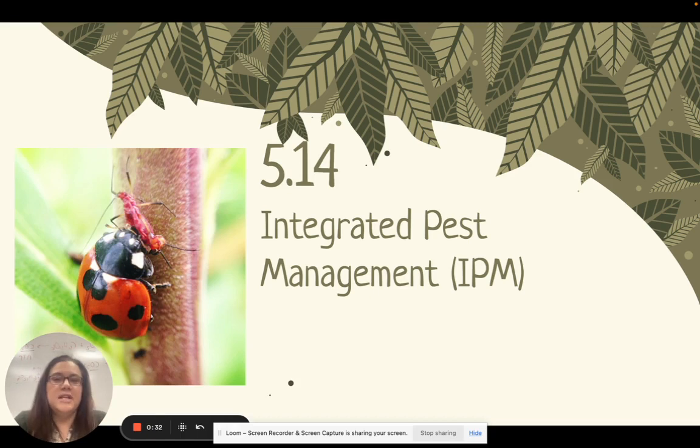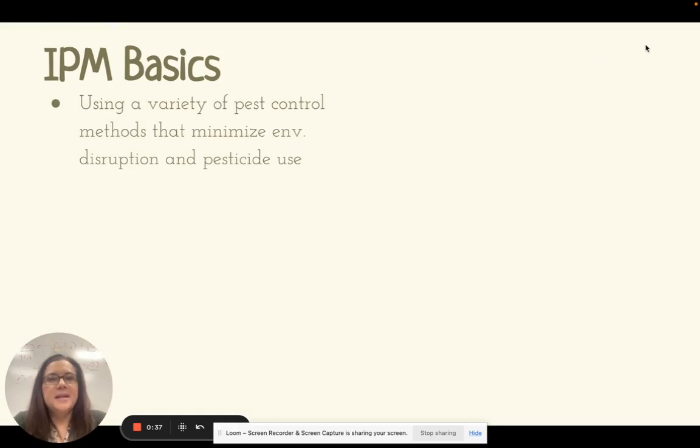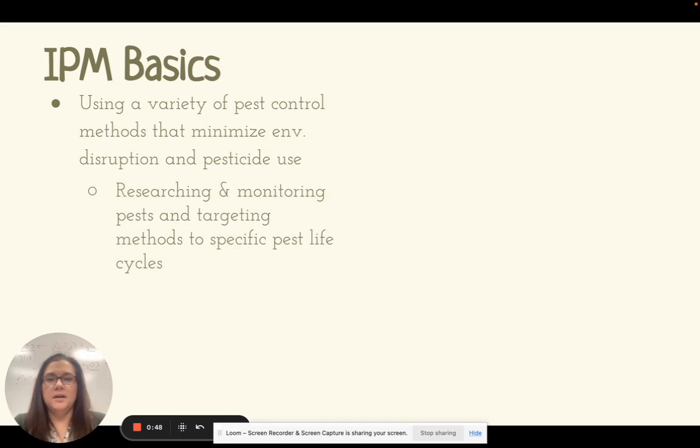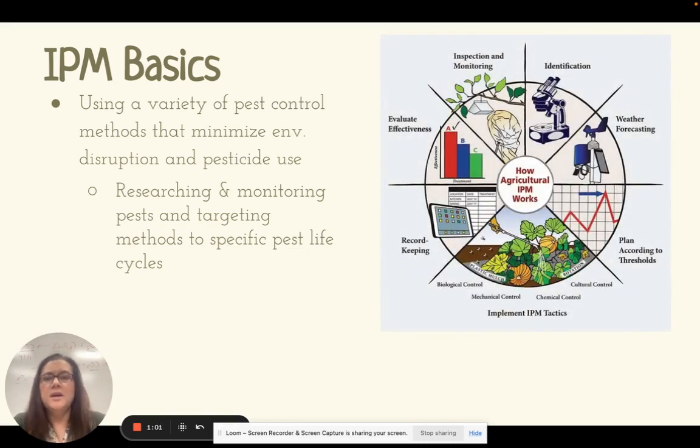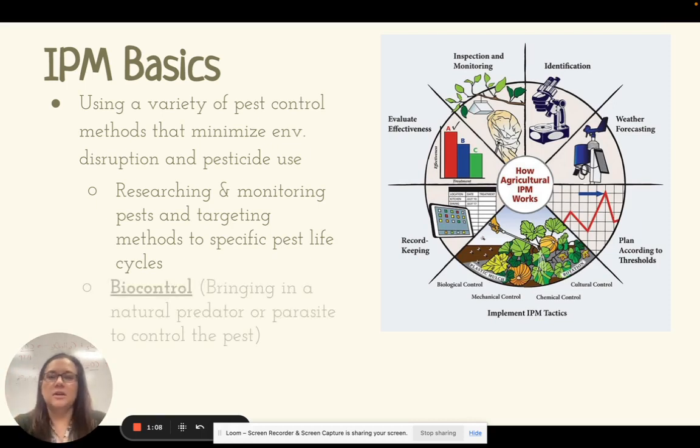So I wanted to introduce you today to something called integrated pest management, or IPM for short. The basic idea is that there's a wide variety of pest controls that you're going to use, and the goal is to minimize pesticide use and environmental disruption. So, a lot of this is researching and monitoring, getting to know the pests that are sharing our crops with us, and trying to target methods specifically to that one pest's life cycle. So sometimes this means we have to get to know when they're active or when they breed, where they lay their eggs, the types of things they like, and we can then target specifically to